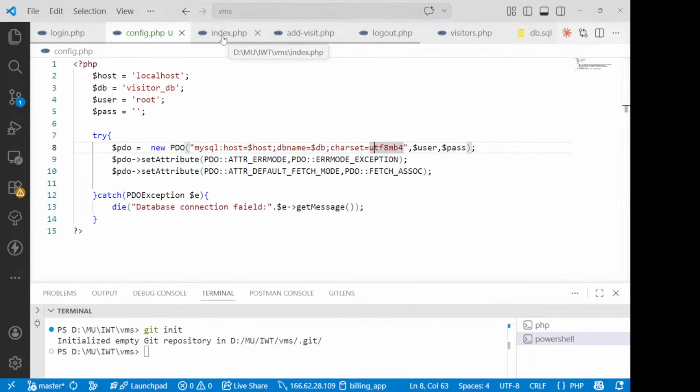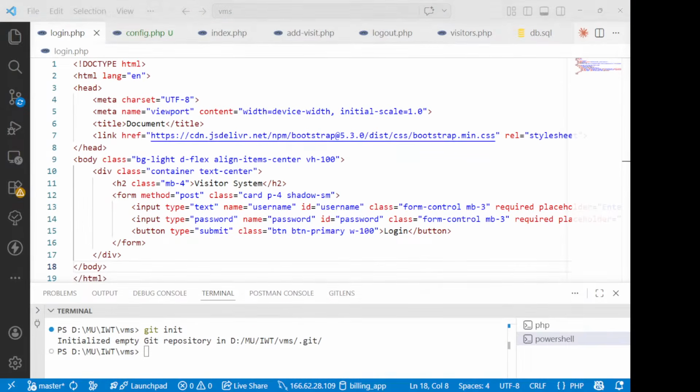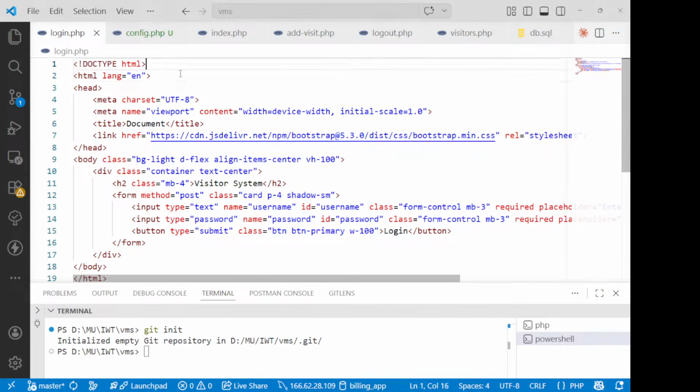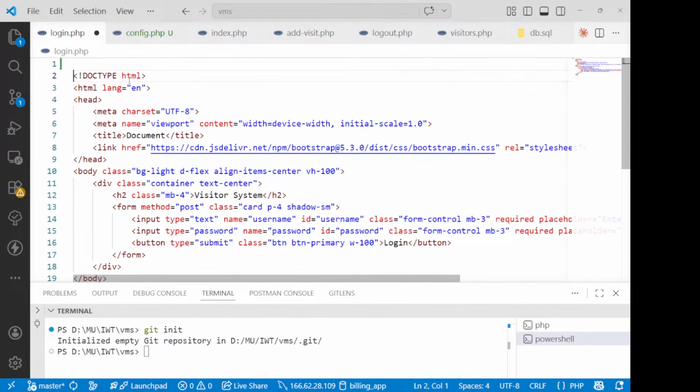Right now that configuration is done. Now database is already connected. We are supposed to write the things to perform the login, and once the login is done, we are supposed to move that particular thing to the next one, which is going to be your index page. And on the index page again we are supposed to simply have this fetching all the data. So for that purpose, on this particular login page we are supposed to write here the